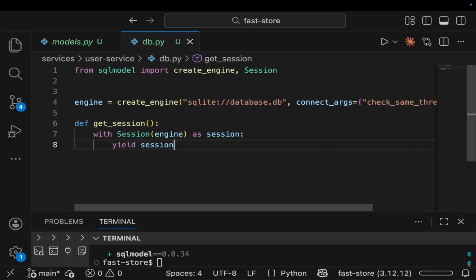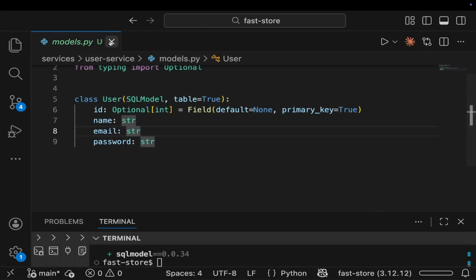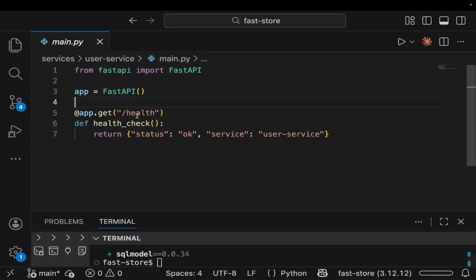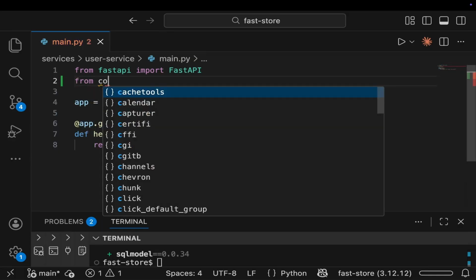Now, let us go to the main.py, and we're going to do two things. We're going to use a lifespan event to create the tables when the app starts. If we don't do this, the database will be empty. So I'll close this and go to the main.py. And like I said, we're going to create a lifespan event. But to do this, we need to import a few things. Okay. I'll say from contextlib